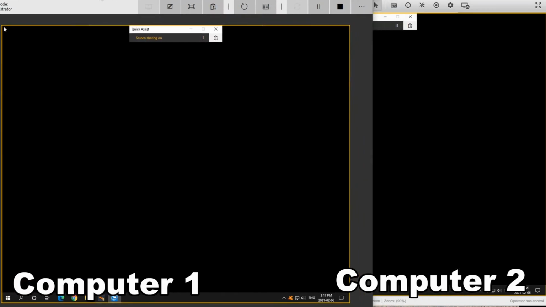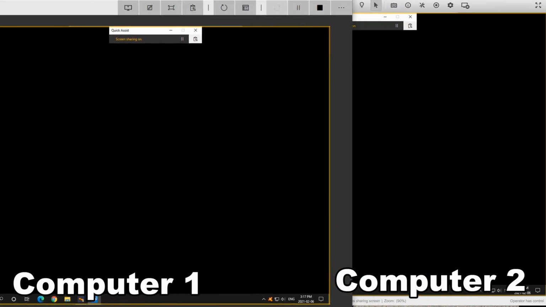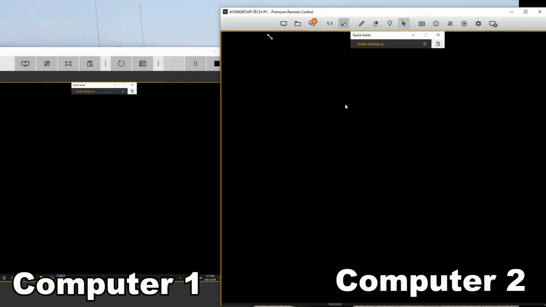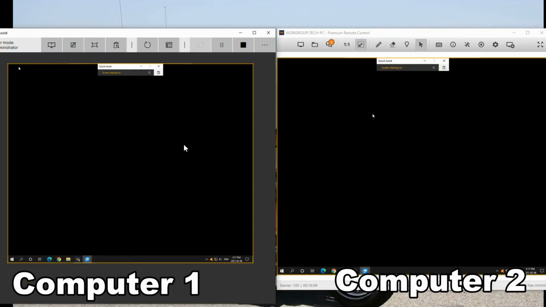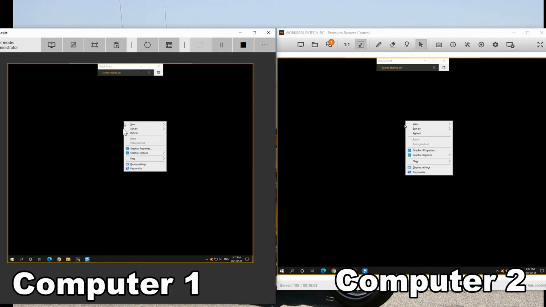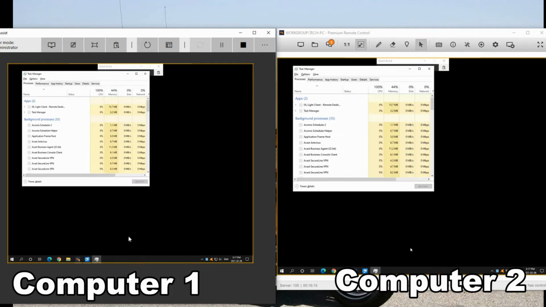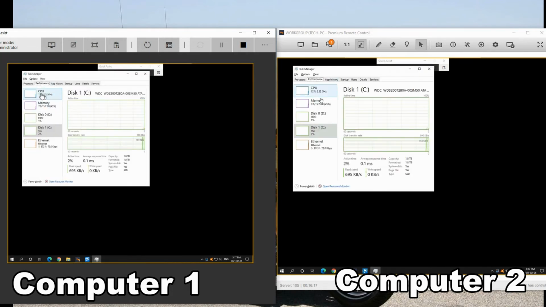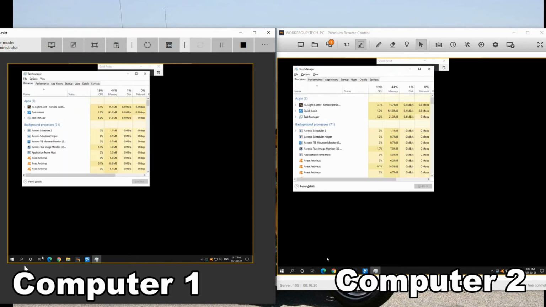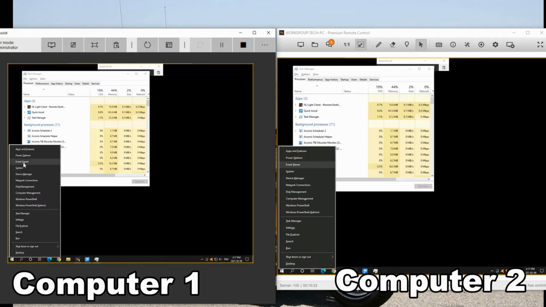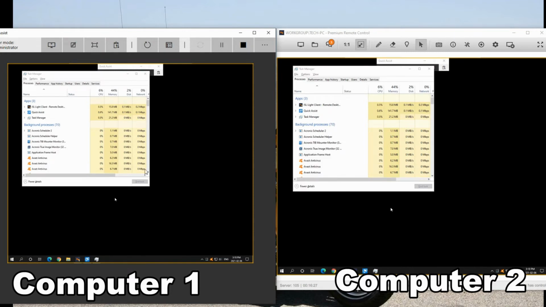Now we've got a connection in here. So if I can resize this so that you can see both screens at the same time, you can see here now whatever I do on the one screen is showing on the other screen. So I'm able to take over and do just about anything, like opening up the task manager, for example, and looking at the performance and processes that are running. I can go into the event viewer to look at events and all kinds of other stuff. I think you get the idea.